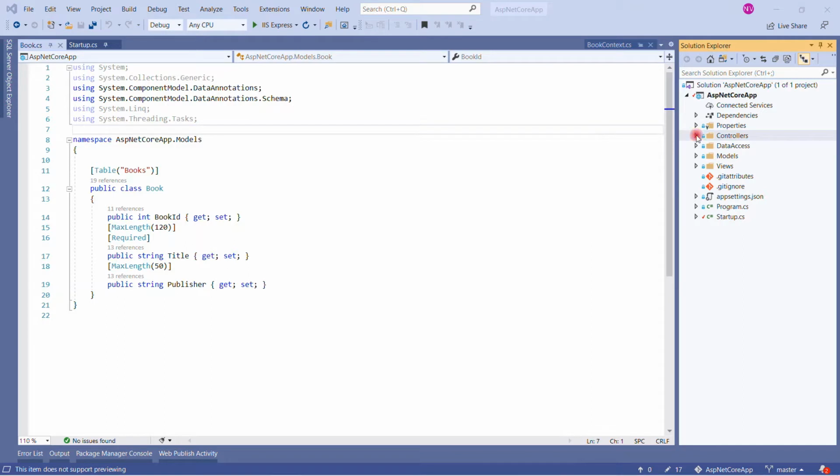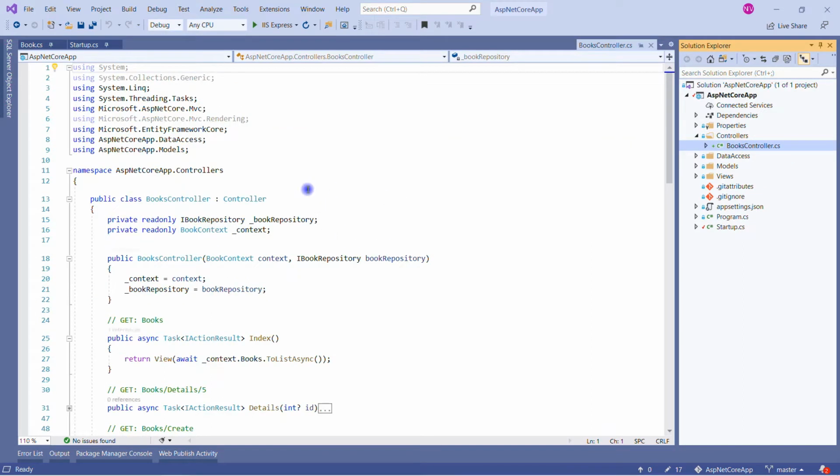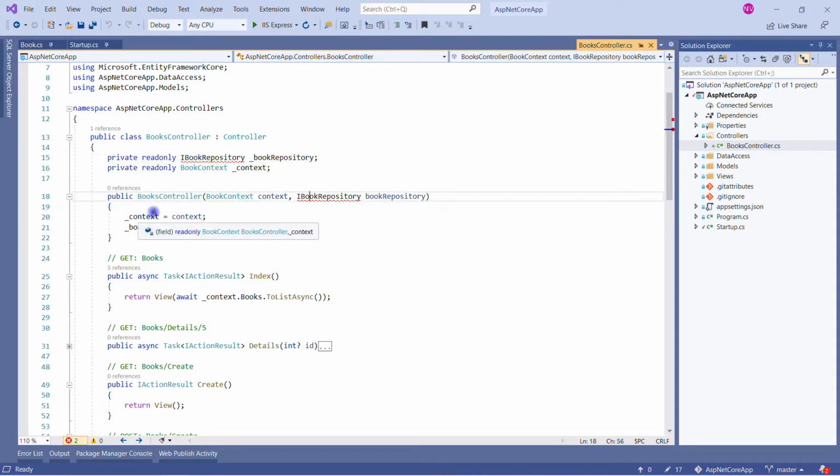Now check out the controller. We can see our books controller is created. I made a few changes because in future I want to use the repository pattern in this application, so I have created these. These show as quick reds, but we can solve them later. The important part is that we will use constructor injection. For clarification on this, you can watch the video on the repository pattern.